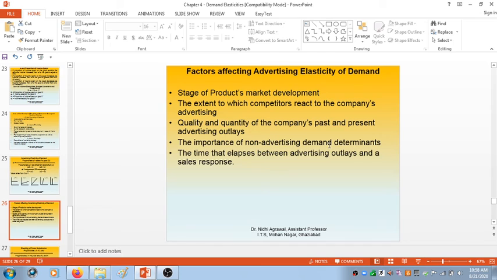Other factors we already studied in the case of log demand. So the factors we are talking about: the time that elapses between advertising outlays and a sales response. If there is a significant difference between advertising outlays and sales response, then the firm will not get more and more benefit. There will be very little lag between advertising outlays and sales response, so